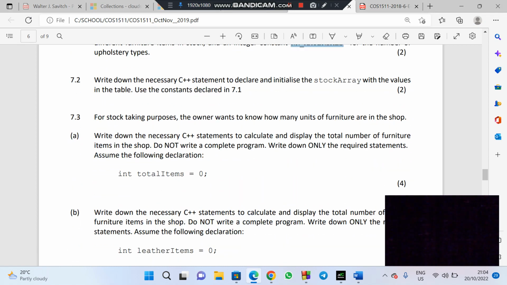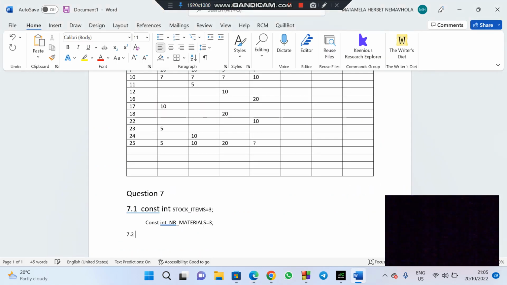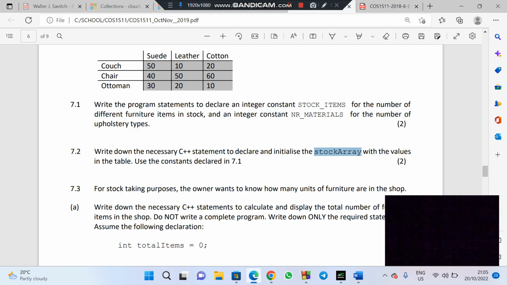It says write down the necessary C++ statement to declare and initialize the stock array. So write down the necessary C++ to declare and initialize the stock array with the values in the table. Use the constant determined in 3. So we just copy that. Then this is an int, okay, and then the first thing that we need to know in this question, we